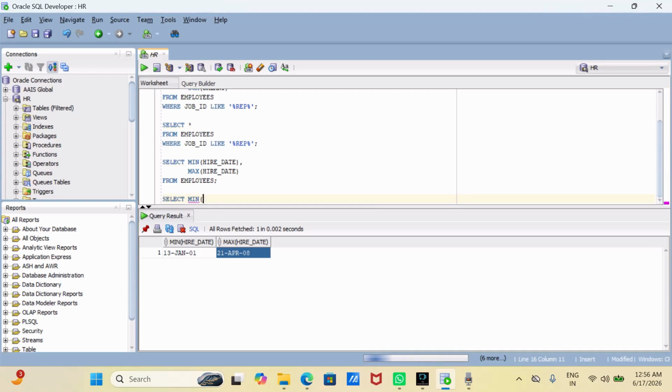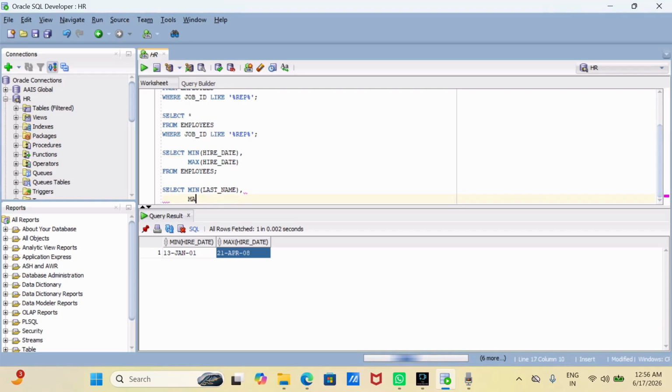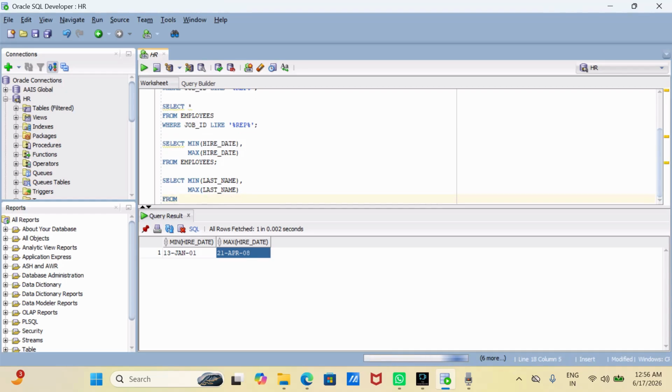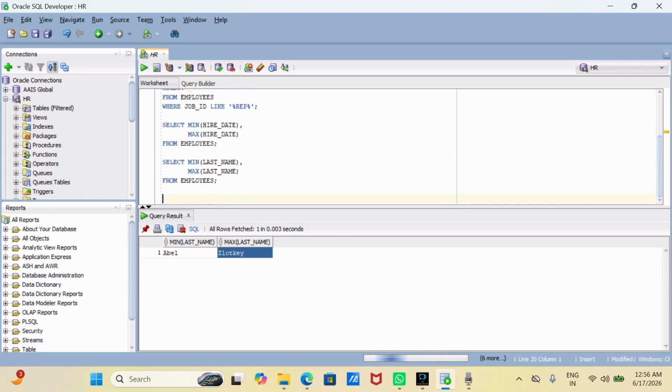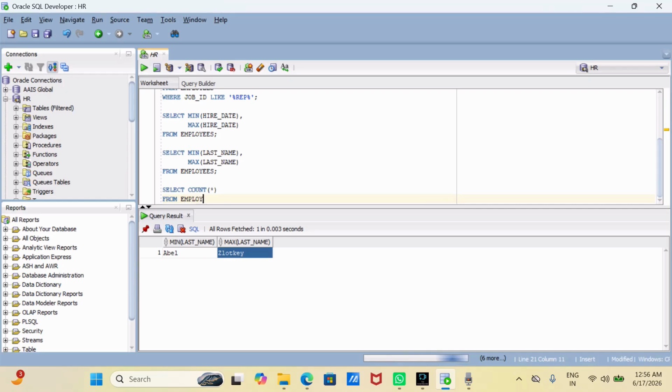Select min of last name, comma, max of last name from employees. So that will give the minimum and maximum last name of all the employees from the employees table. Now, if we want to find out how many employees work in a particular department, then we have to write select count star from employees